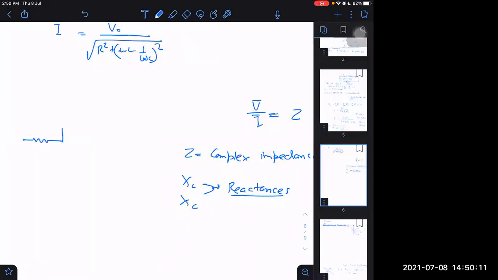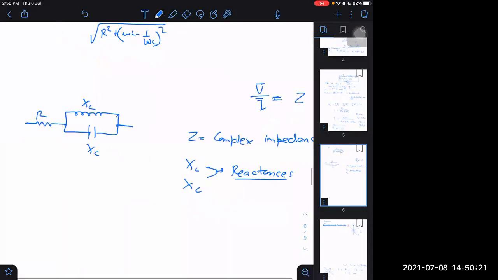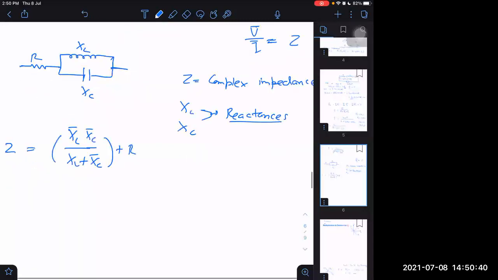In fact, I could take this as R here, this as C here. Now you tell me what will be the impedance for this? R, XL, XC. Can you tell the impedance? I think you can. Just take them like complex numbers and use the normal rules. For example, XL and XC are in parallel, so I can say XL vector into XC vector upon XL vector plus XC vector, plus R. This will be the net impedance now. Can you solve it further?